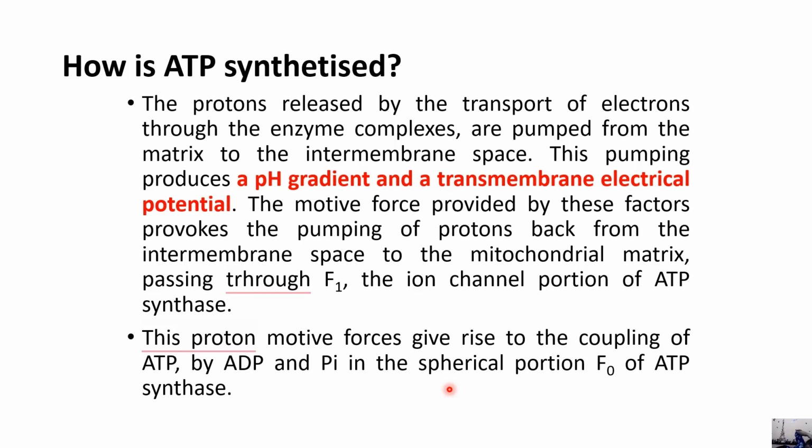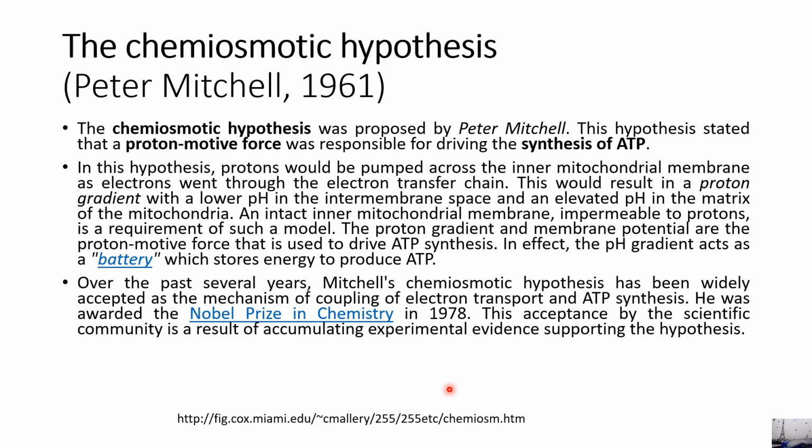Okay, so the protons released by the transport of electrons to the enzyme complexes are pumped from the matrix to the intermembrane space, and this pumping produces a pH gradient and a transmembrane electric potential. So the motive force provided by these factors provokes the pumping of protons back from the intermembrane space to the mitochondrial matrix, passing through F0, the ion channel portion of ATP synthase. So this proton motive force gives rise to the coupling of ATP synthesis from ADP and Pi in the spherical portion of ATP synthase. Okay, so if we talk about the chemiosmotic hypothesis,